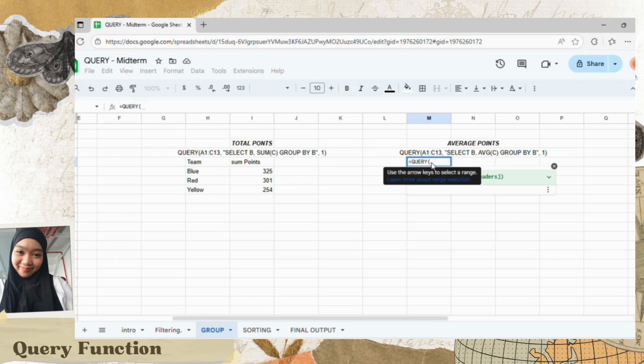Query, A1 to C13, select command, select B. So if you want the average points, you will use AVG.